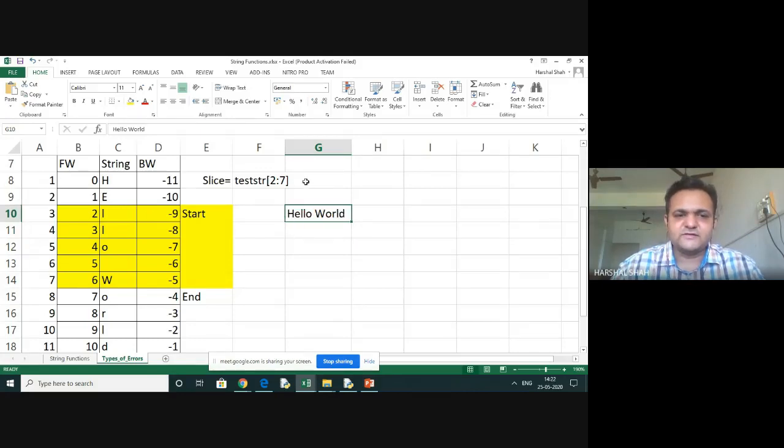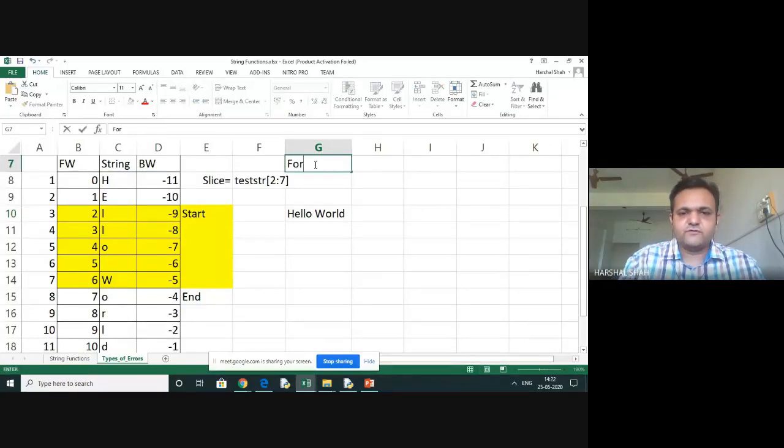Now let's understand there are two types of indexes. One is called forward and one is called backward.